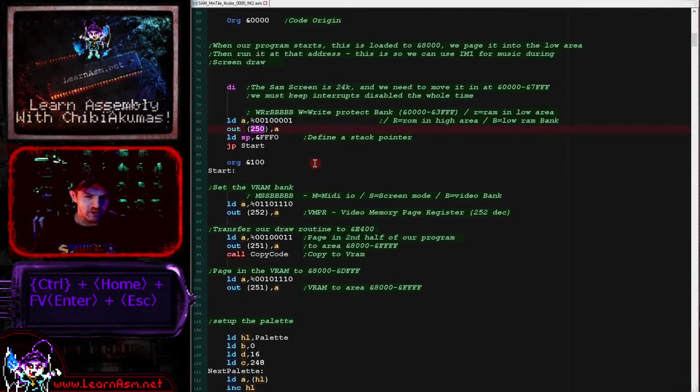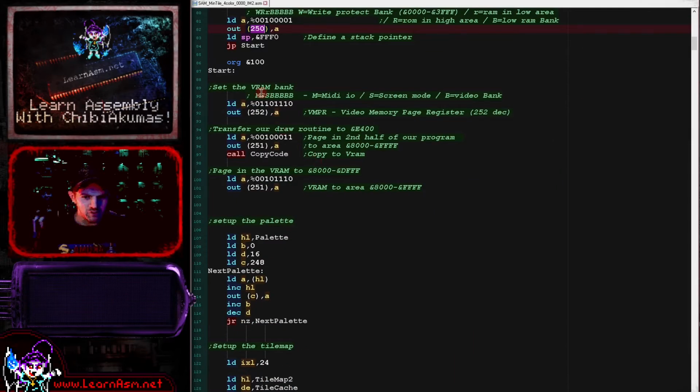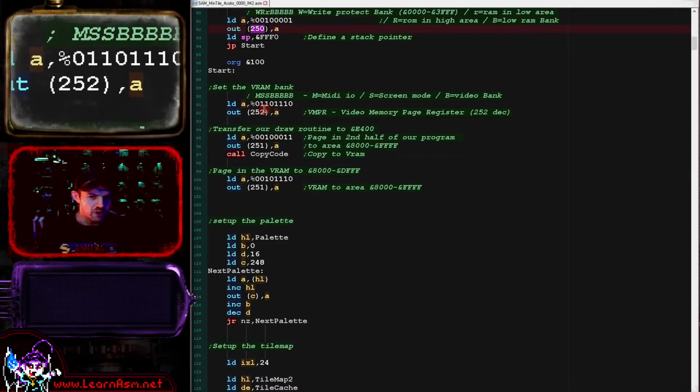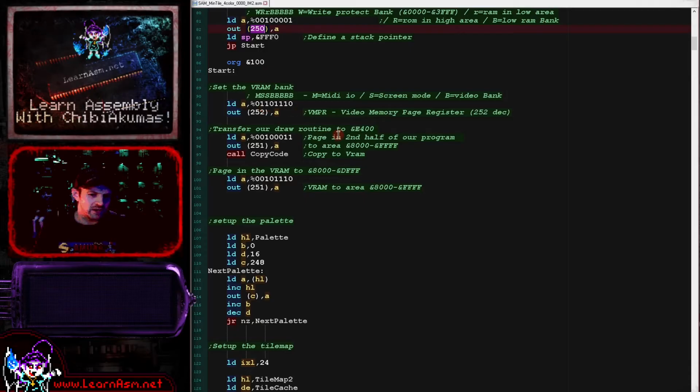So the only final thing we've got here is we're having to set up things. We're setting up the VRAM bank. This is the displayed VRAM here with port 252. Now, the other thing that we're going to briefly discuss here is I've added another little bonus